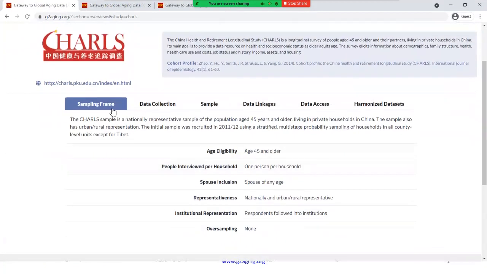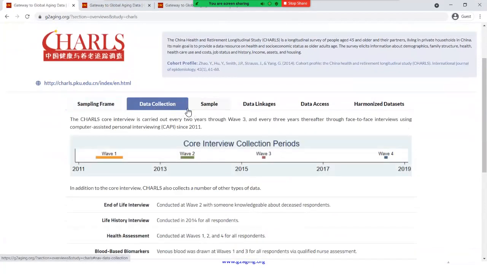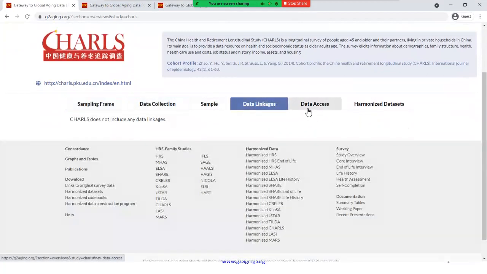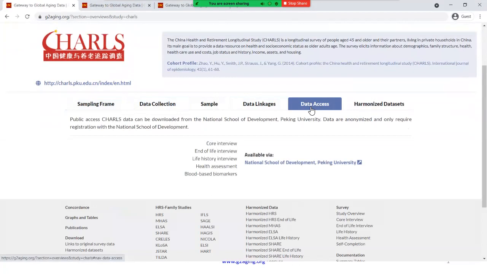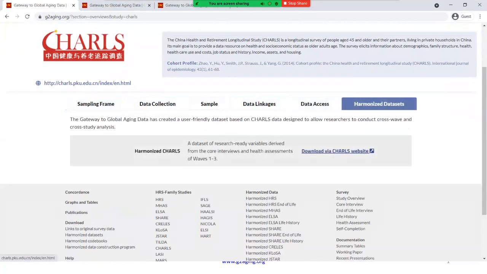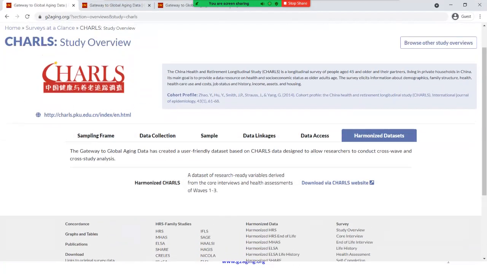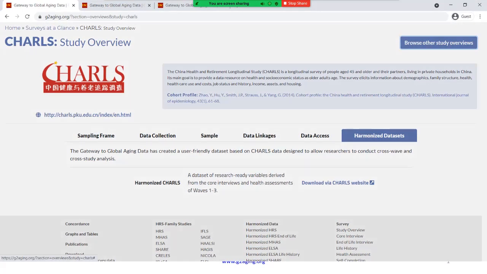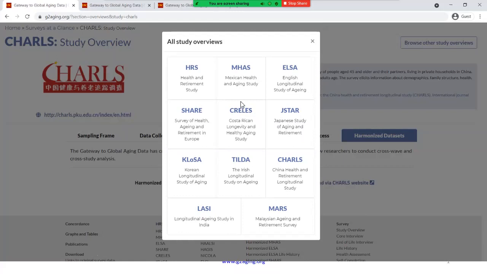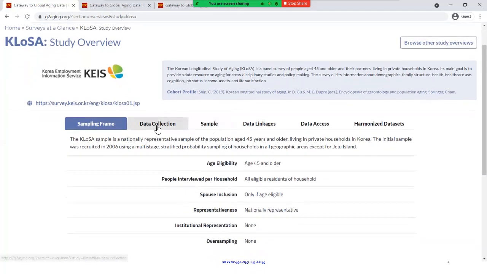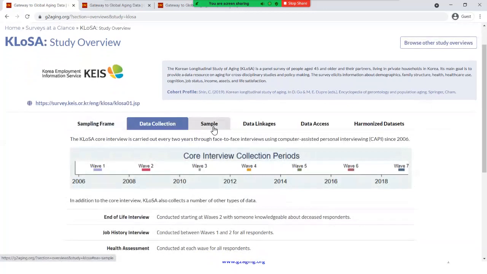And it's going to also cover things like the sampling frame, data collection, whether there were any data linkages, how you get access to the data, and what are the harmonized data sets and how do you get access to them. You can also see this for any of the other studies. So you could also, for instance, switch to the Korean study, KLOSA, and see the same information collected about KLOSA. And so it's really helpful to get an idea about how studies are comparable or how to get access to